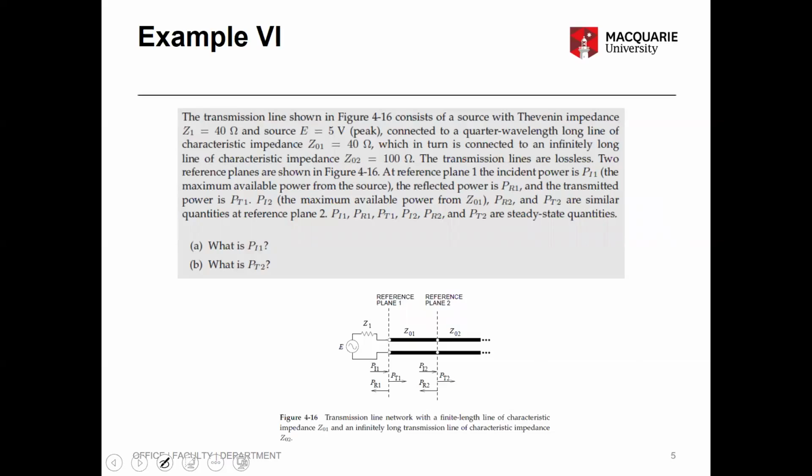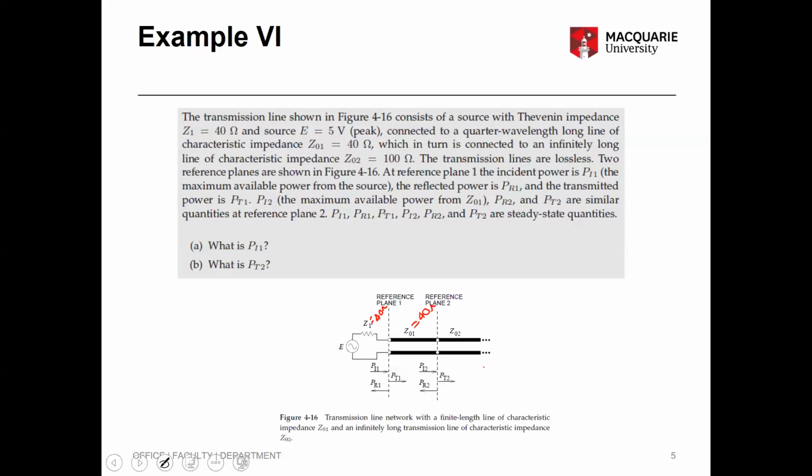Okay, let's go through this example. The transmission line shown in figure 416 consists of a source with Thevenin impedance Z1 of 40 ohm, and the source is 5 volt peak to peak. So 5 volt is the peak voltage. It is connected to a quarter wavelength long line of characteristic impedance Z01 of 40 ohm. So this is 40 ohm and this is also 40 ohm,